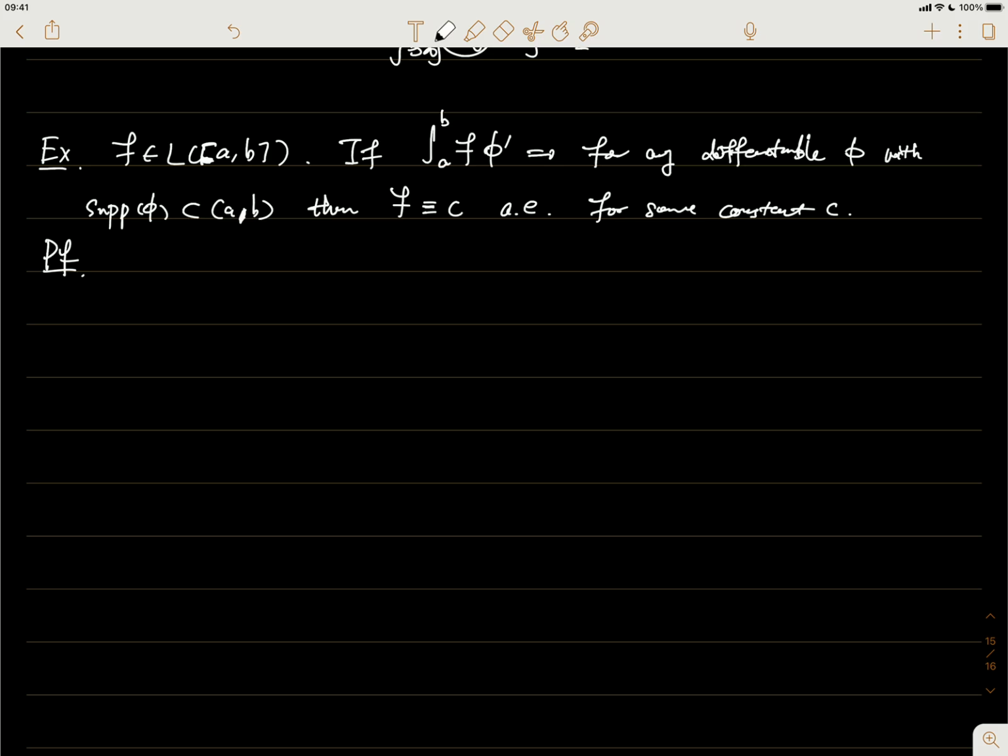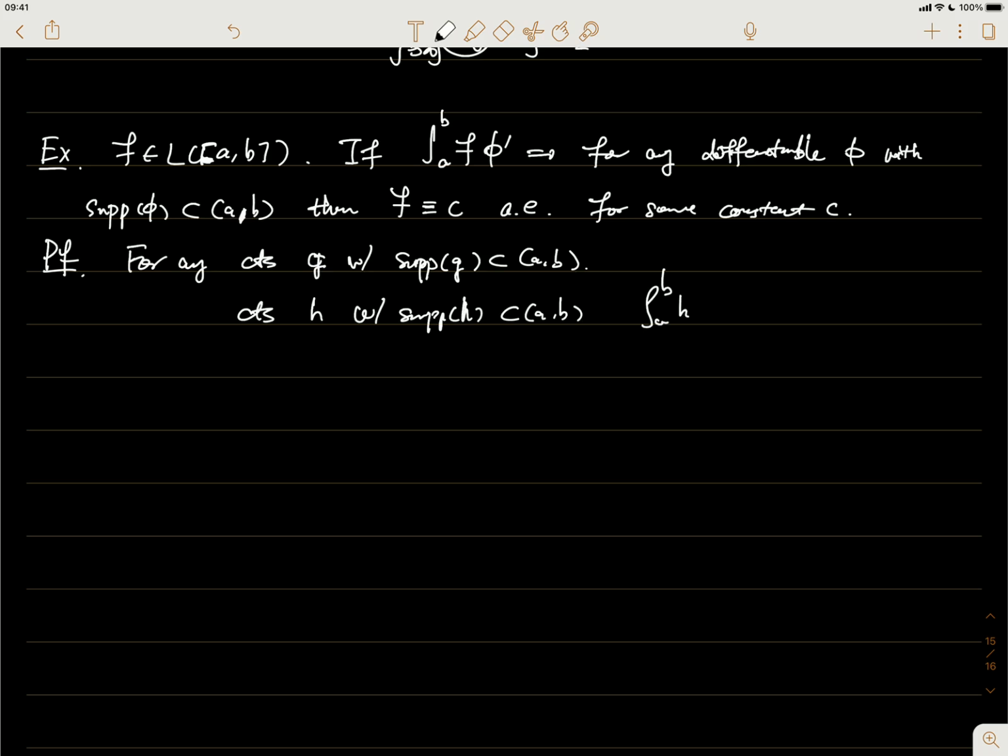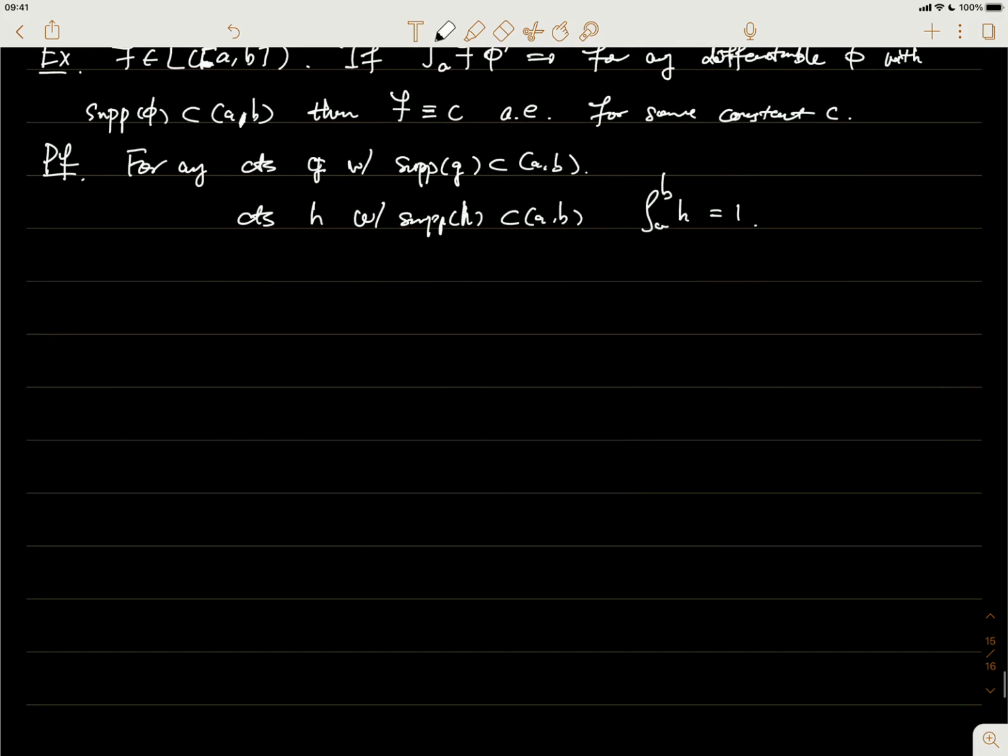To this end, let's say that for any continuous function g with support in here, and also another continuous function h, also with support in here, but I have an extra condition: I want the integral of h to be equal to 1. Okay, so for any such kind of